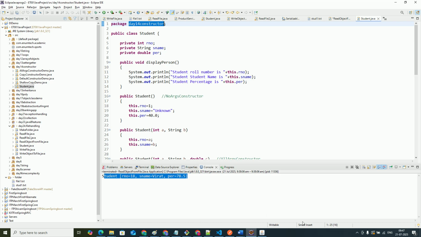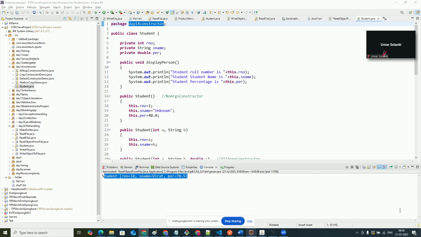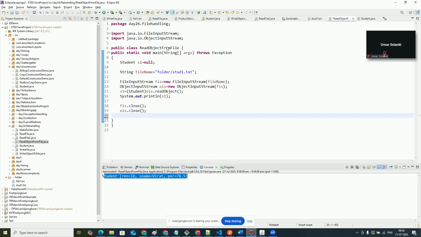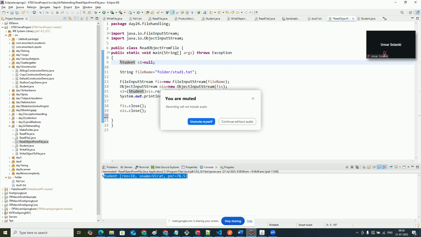Now this Student class belongs to which package? If I come over here in the reading part and say I want to unserialize from the Student belonging to that package,